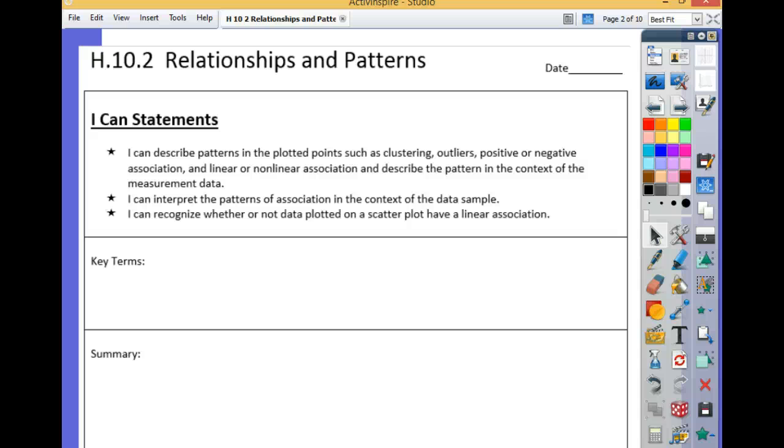Take 10. All right, take 10.2. Relationships and patterns. We're going to try this again. Clusters and outliers. Associations, linear, nonlinear. Before we get into the actual notes, hopefully it works this time, we can show a little video from,